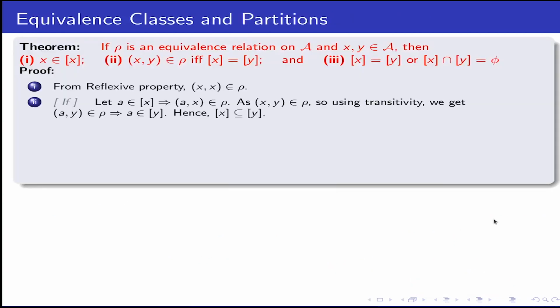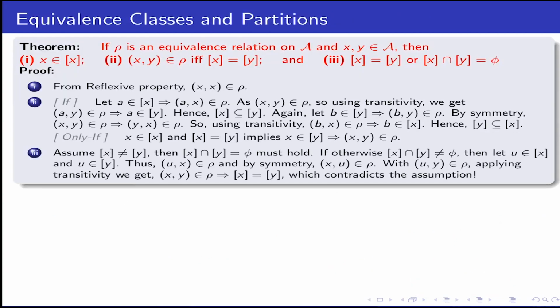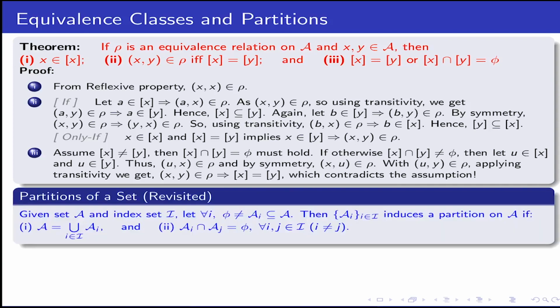What we have proven is that two elements from different clusters cannot be together. Either the clusters will be the same or they will be totally disjoint. Now the last part that I just told you: how can we show that all these clusters of elements together form my total set? For this, try to remember how we defined the partition of a set in the previous lecture.